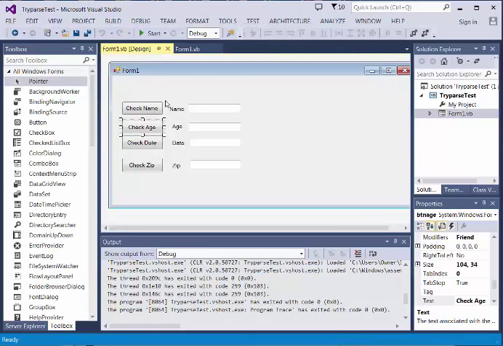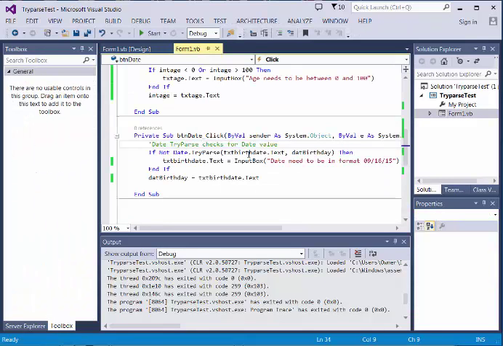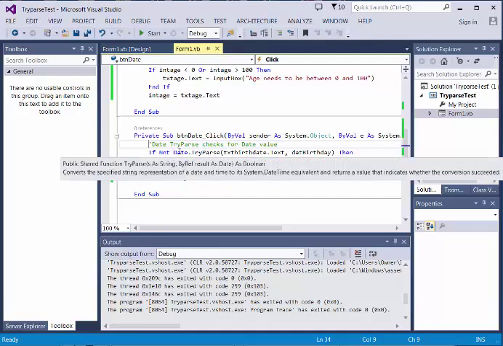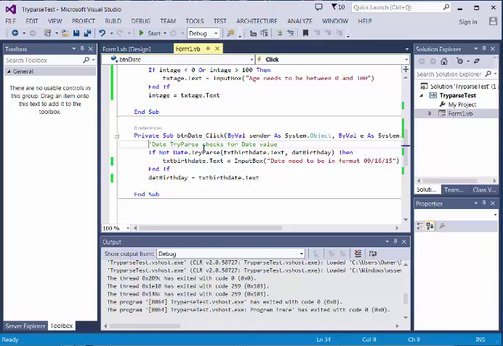I've got another button here to check the date, and I'm also going to use a TryParse. The TryParse is a really powerful command. Like I mentioned before, it does have a different application for every single variable. Again, in this case, I'm saying if not Date.TryParse, and I'm using the text box txtBirthdate.Text and my variable datBirthdate, then I want to give them this input box: Date needs to be in the format, and that format. So if I run this one,